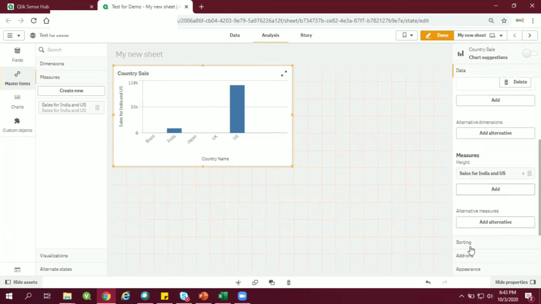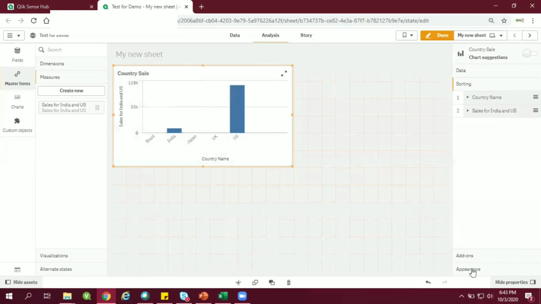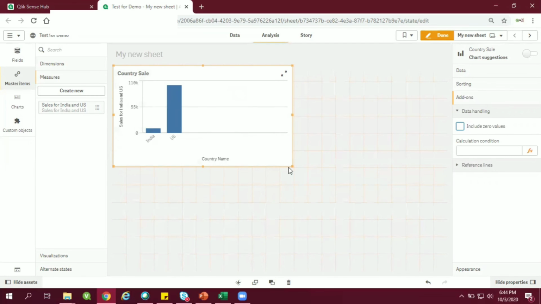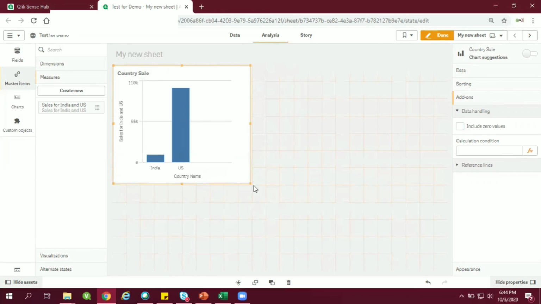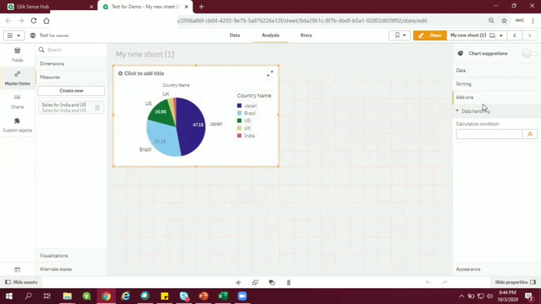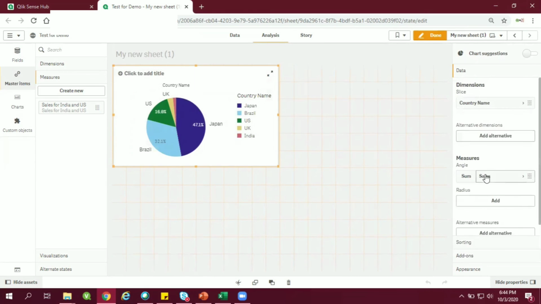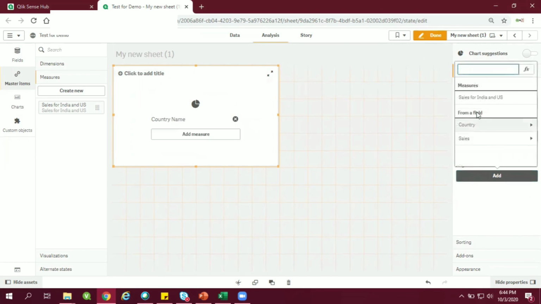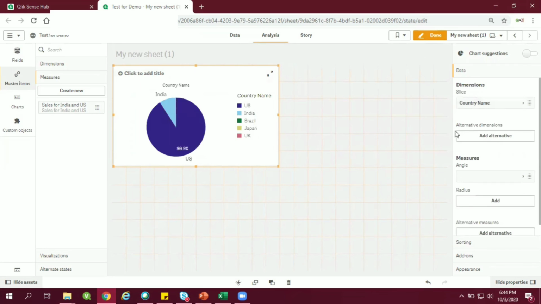So it's going to show me those particular values. Okay, so it is showing me 0. So what you can do is go to add-ons and remove the zeros. It's going to remove the values which are not present currently. So I'll go here, and I'm going to do the same thing for this chart as well. Go here, pull the measures. I'll delete this measure and add the measure which I have created. Okay, it's going to show me that measure.